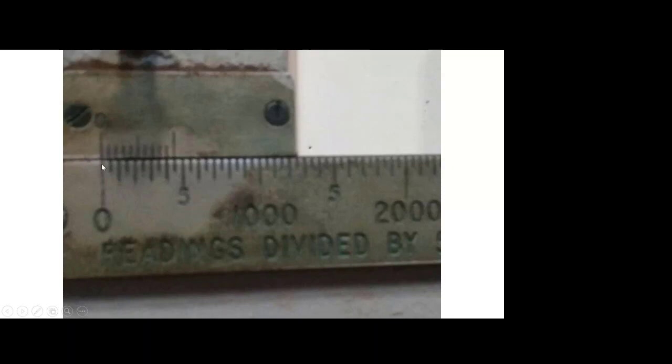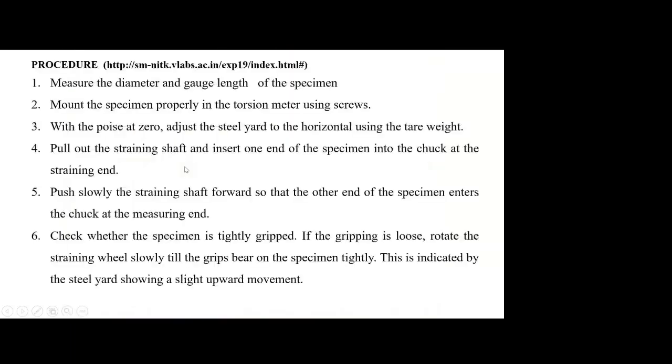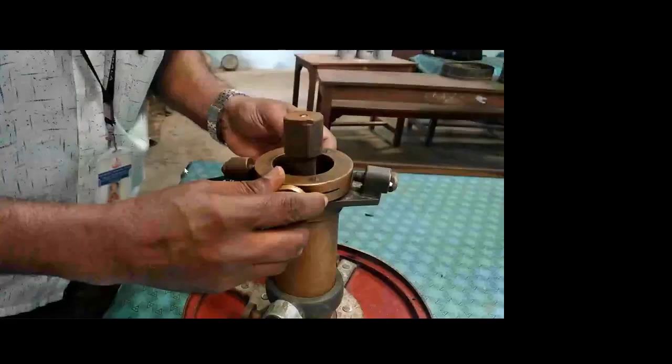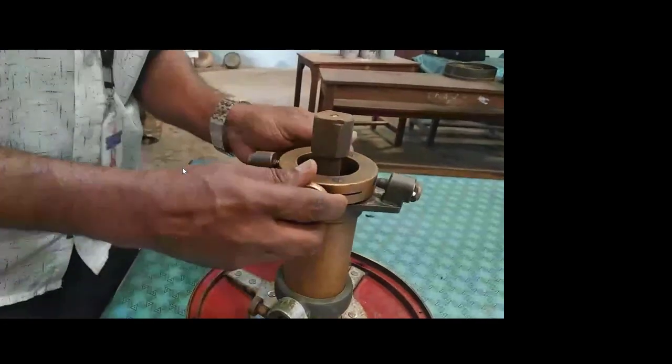Now here it is 0, 0 adjusted. So the 0 coincides with the 0. Then when we apply the torque, this will be deviated. The vernier will move. So the 0 will be coinciding with some other value. I will show you. That is available in a video, so I will show it later. So when we read it, it will change.